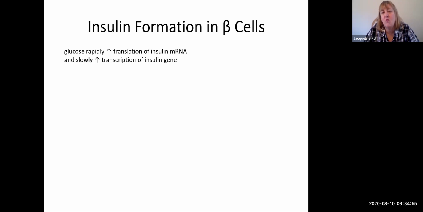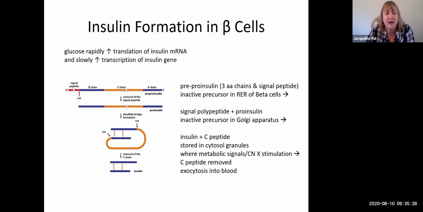But before we get there, I want to talk about how insulin is formed in the beta cells. When we have elevated or rising levels of glucose, this rapidly increases translation of insulin messenger RNA. So remember that transcription and translation part. This rapidly increases the production of the amino acid chains for insulin at the mRNA and increases the transcription of the gene. And what gets formed is something called